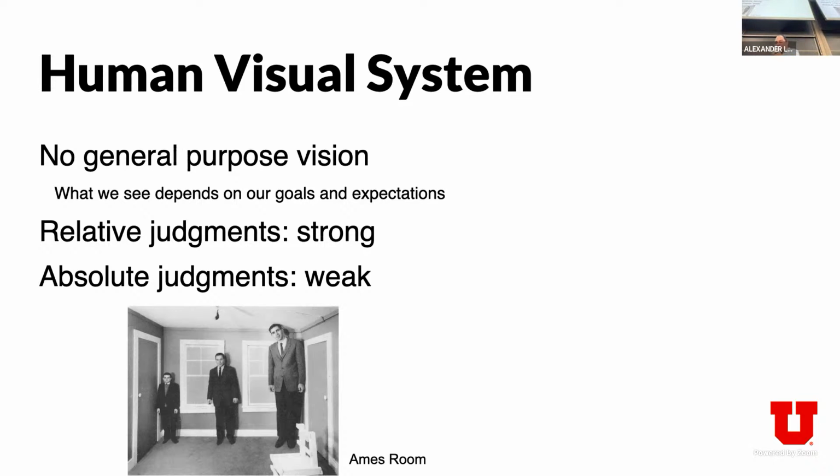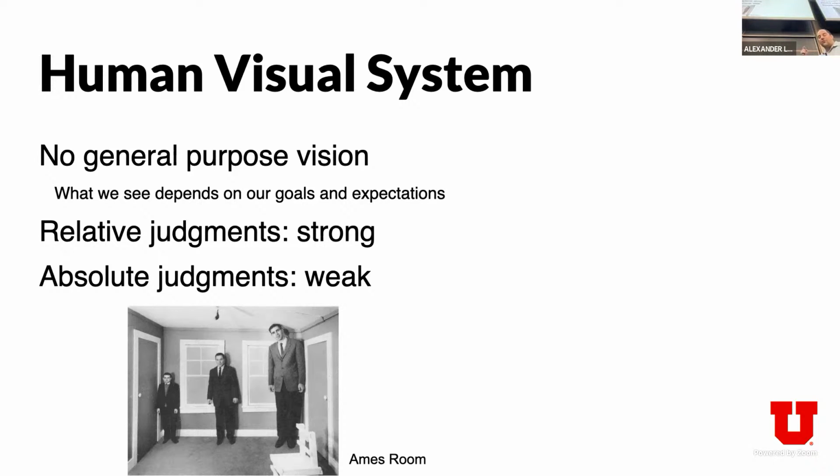So going back to this general purpose vision versus our priors, the point here is we don't have a general purpose vision system. What we see really depends on our goals and expectations. So relative judgments tend to be strong, and absolute judgments tend to be weak. One example of